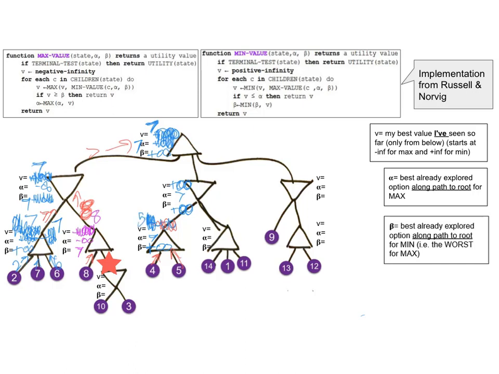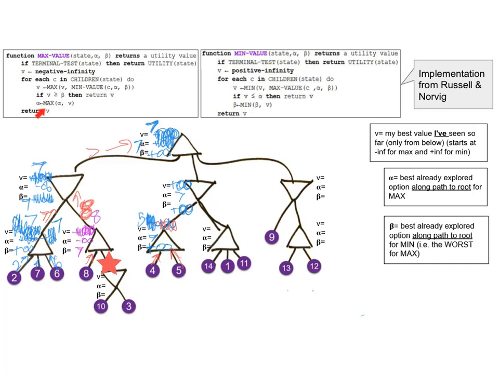And is V greater than beta? Nope. So alpha gets whatever's bigger, alpha or V. Alpha right now is 7. So 7 is actually the best Max can do so far, right? Because Max can go this way and then Min will go that way, and so Max will get the 7. So 5 is not better than 7. So we're just going to leave